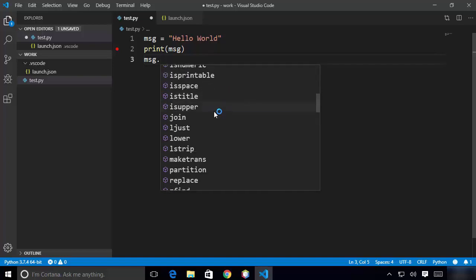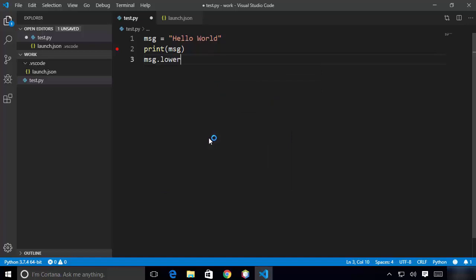So let's say we want to apply this lower function, and when you try to complete this function using this parenthesis, it's also going to show you what this function is going to do. So it's going to return a copy of the string converted to lower case, right? So this is how you can use the IntelliSense.